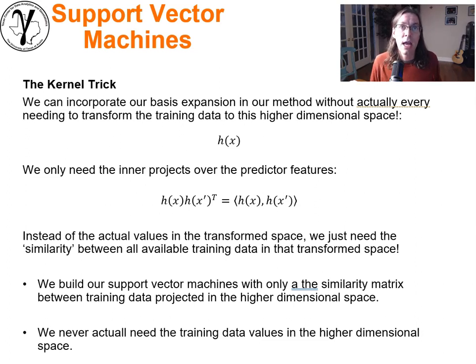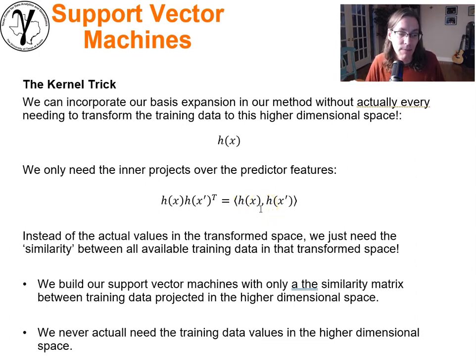We can solve the boundary, and for many cases, many projections, we can easily calculate that degree of similarity between the data. Okay, so let's talk about this in a little more detail. If we look at the math associated with calculating our decision boundary, what you'll find is you're only going to need the inner products over the predictor features projected in this dimensional space. And these inner products are really just a measure of the degree of similarity between all of the training